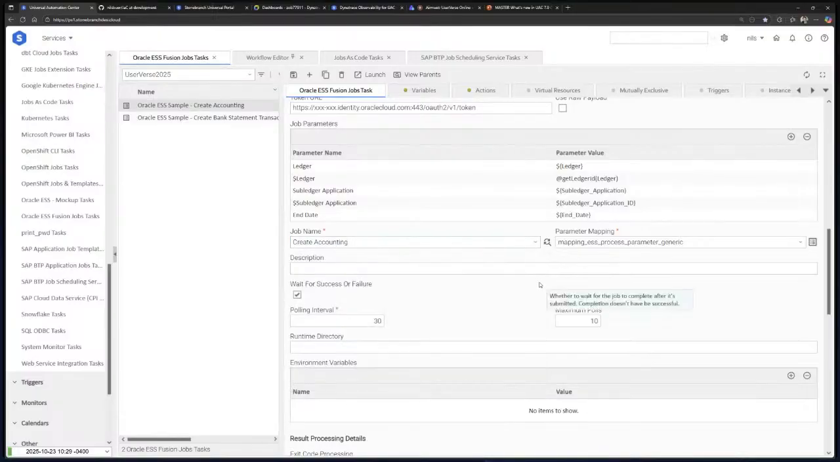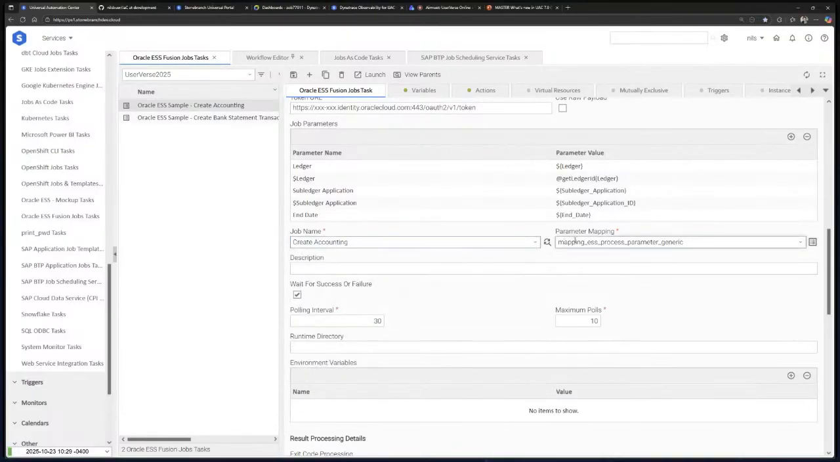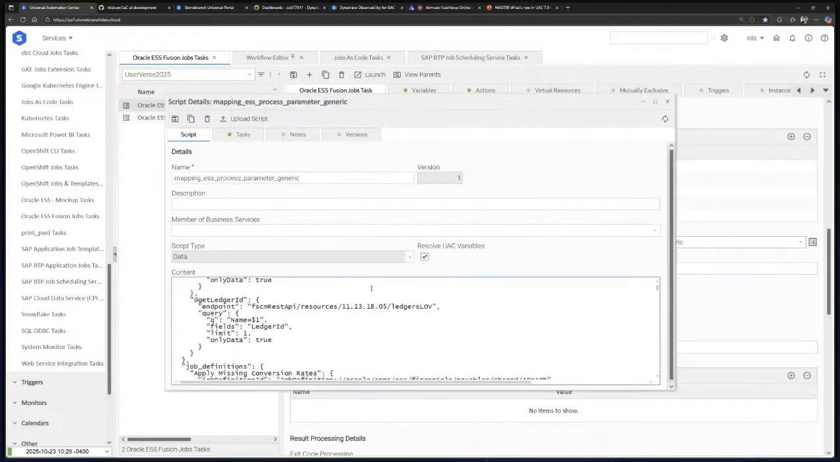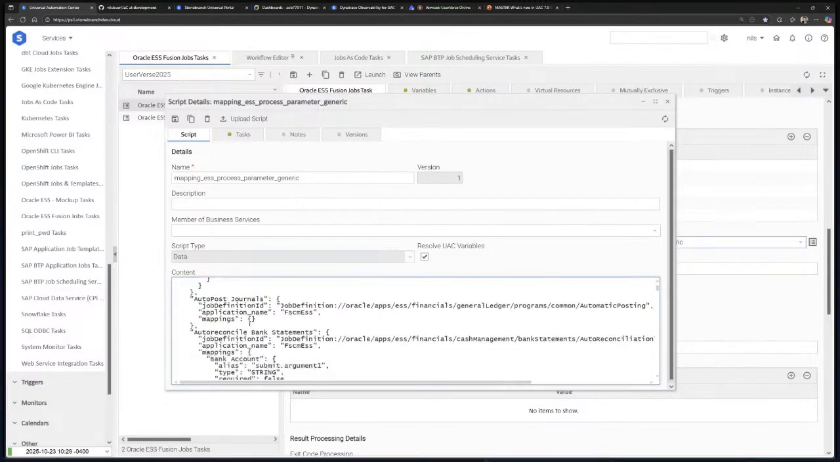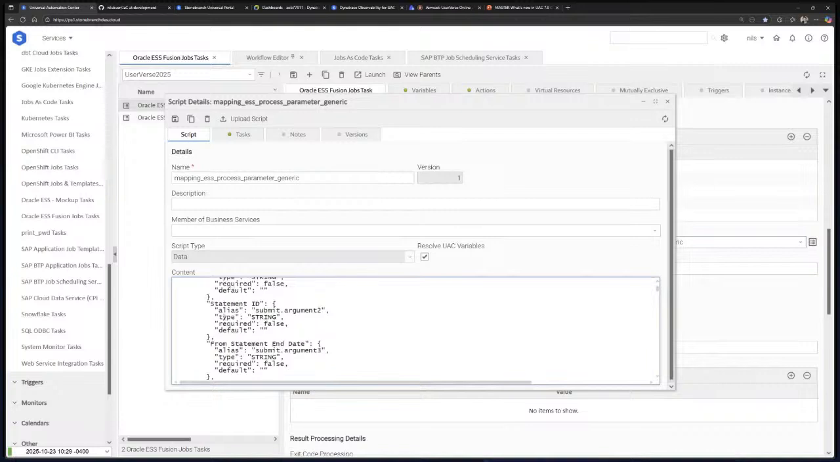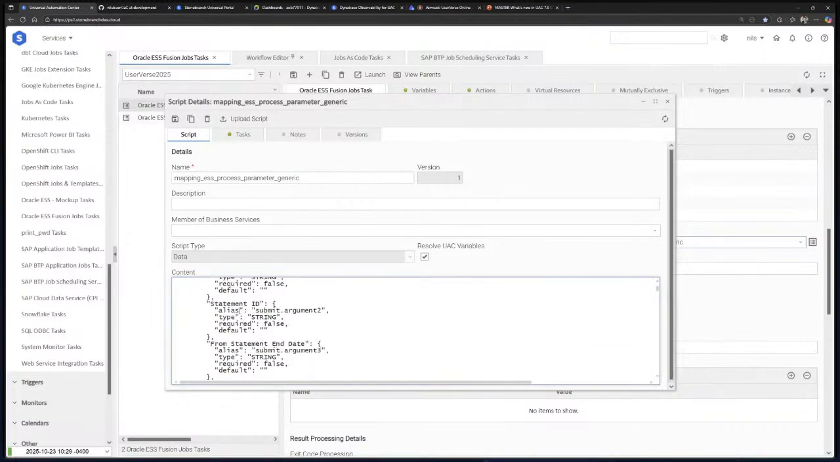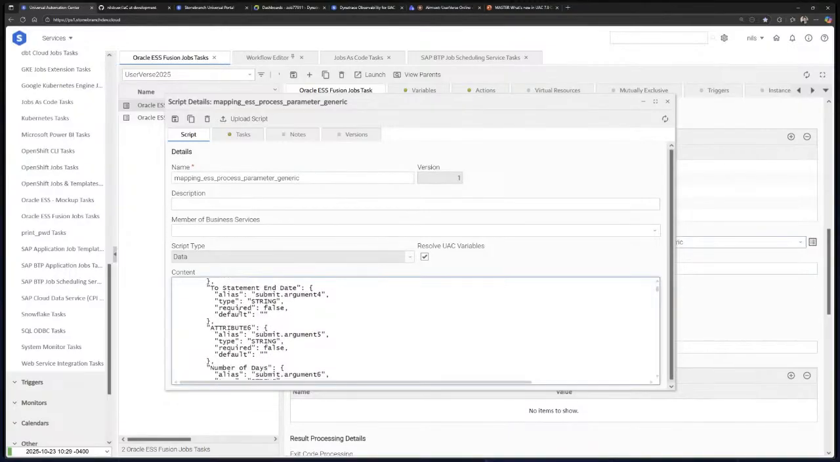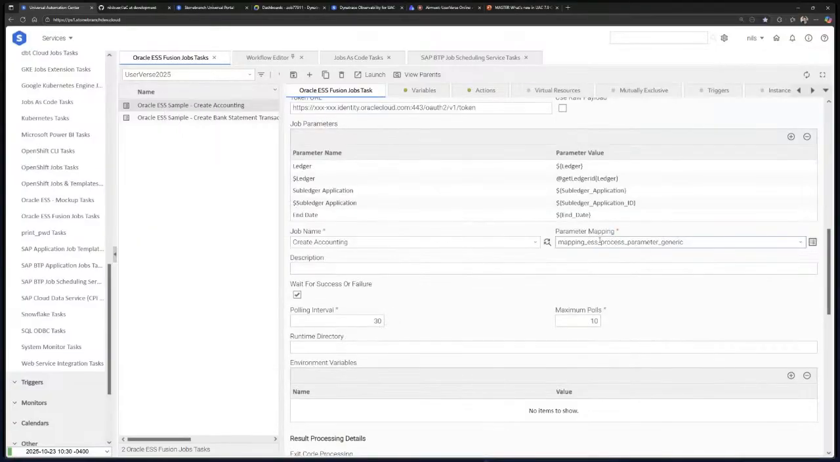If there's a process not pre-configured, then you can add it in the so-called parameter mapping file. So here's a mapping file. In this mapping file, each process is defined and which parameters it has. For example, if you have this process here, auto reconcile bank statement, then you have these parameters: statement ID, from statement ID, to statement ID, and a number of days. So all the parameters which are supported by Oracle, you can just add them in the mapping file